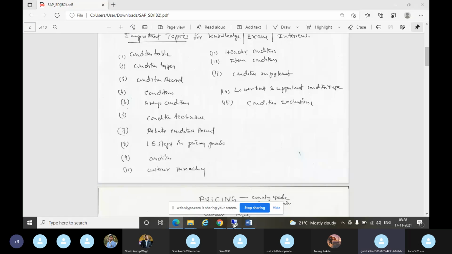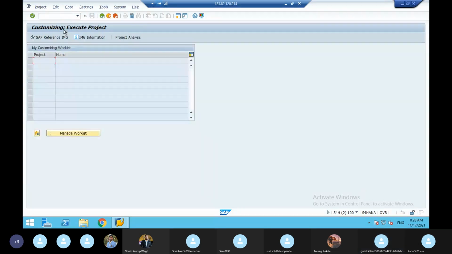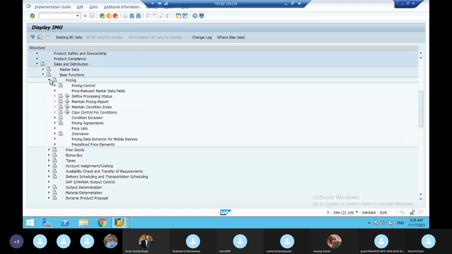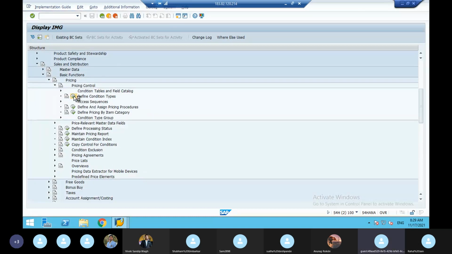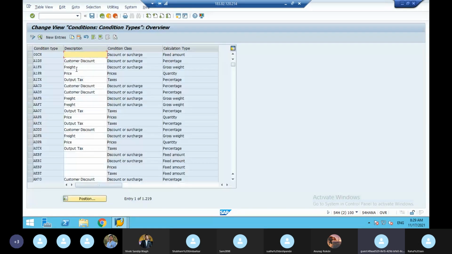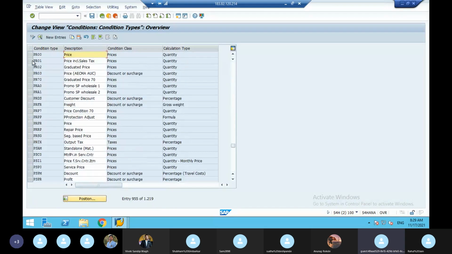So I'll show you. If you go to /n SPRO, IMG, here Sales and Distribution, Basic Functions, Pricing, Price Control, here Define Condition Type. Imagine your condition type is PR00, I'll copy that.